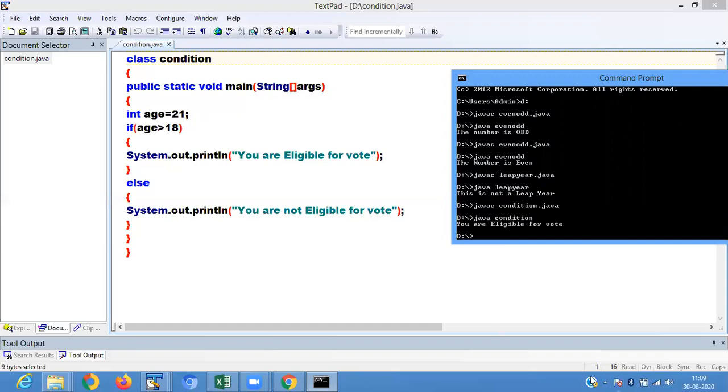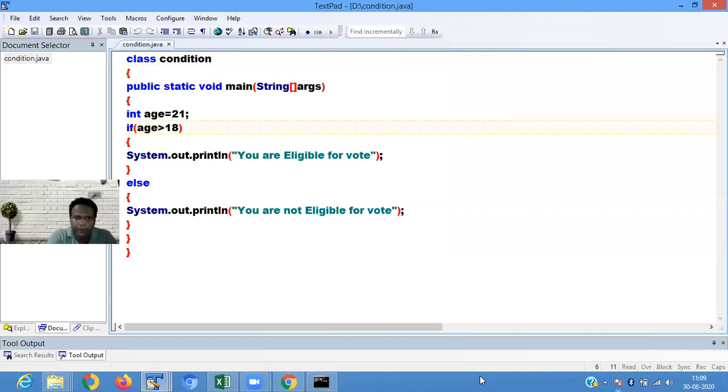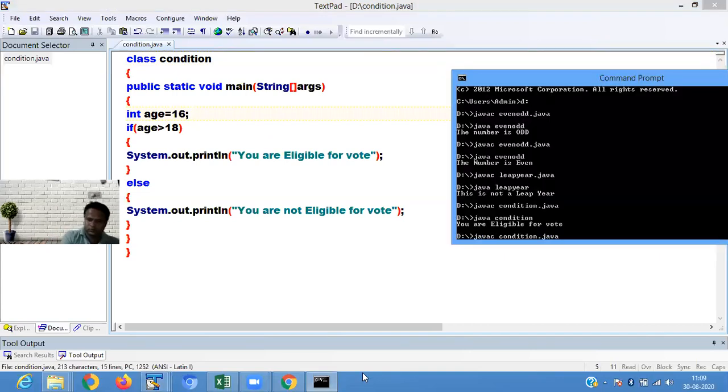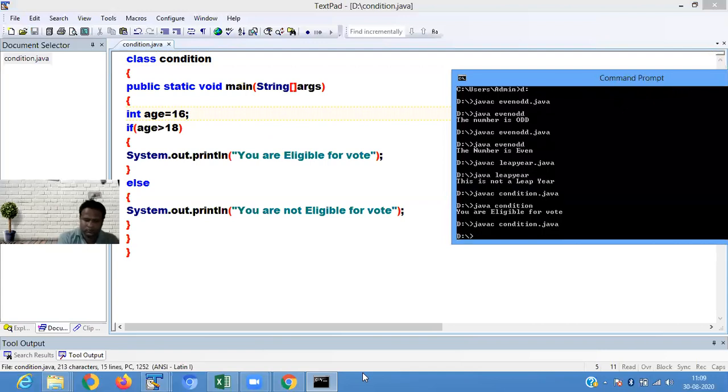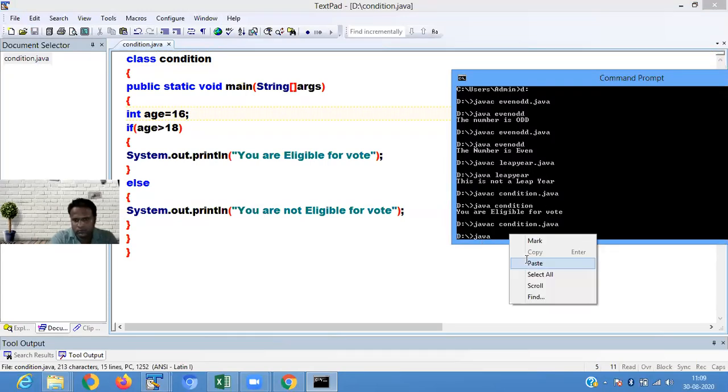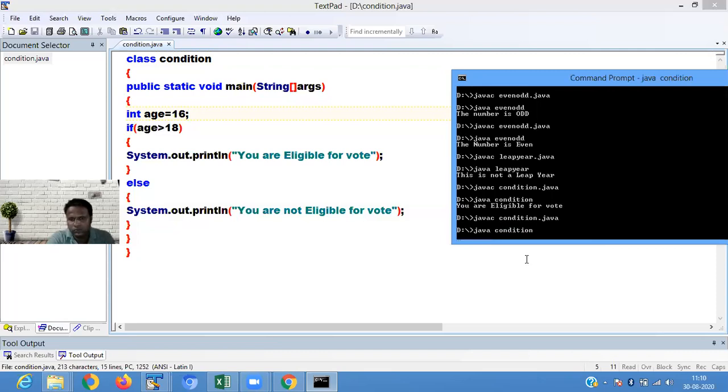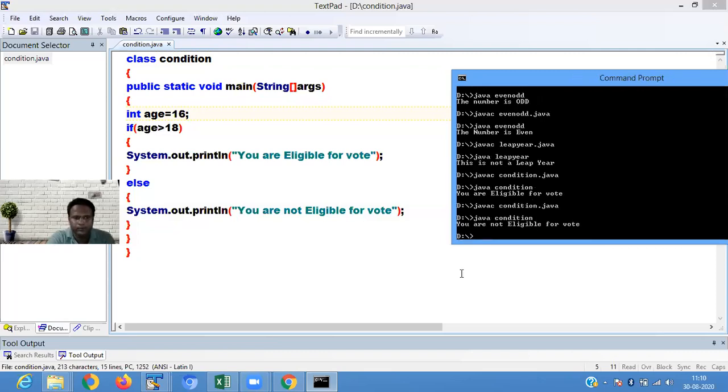So 21 is greater than 18. Now check, if I pass the age as 16, it's showing you are not eligible for vote.